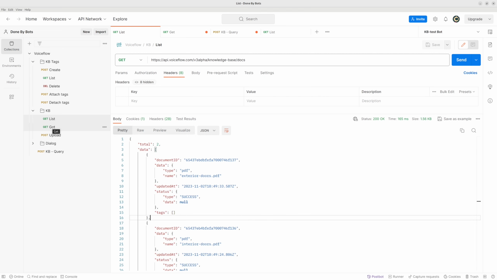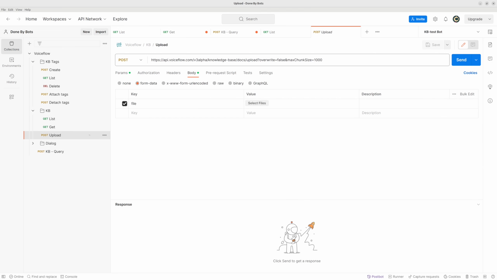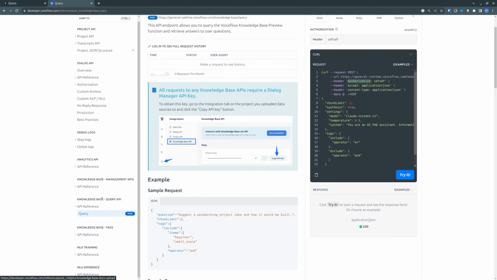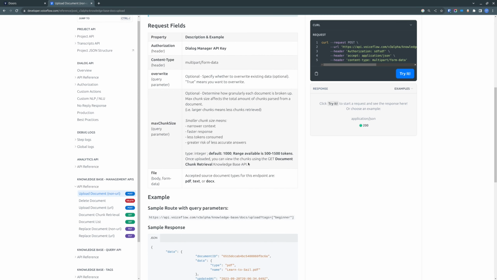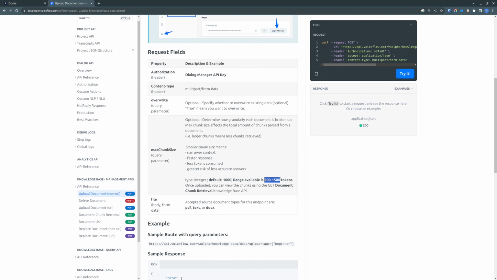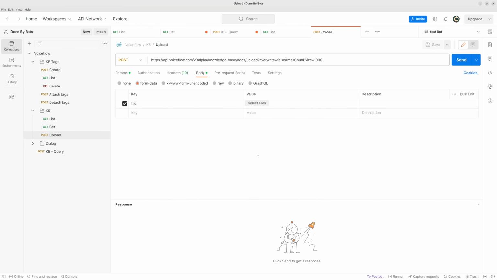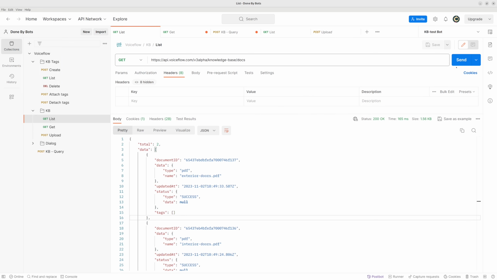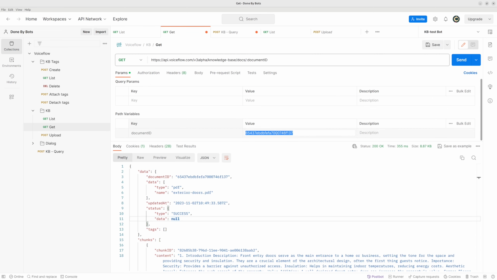The other interesting thing that you can do with the API when you are loading the file, you can set chunk sizes, basically how many tokens a chunk will have. And based on the API reference, we can set chunk sizes in the range from 500 to 1,500. The default is 1,000, and what it basically means is how big the chunks are that your knowledge base file is being cut into. So what we can do, we can list our documents, get the ID, and then we can